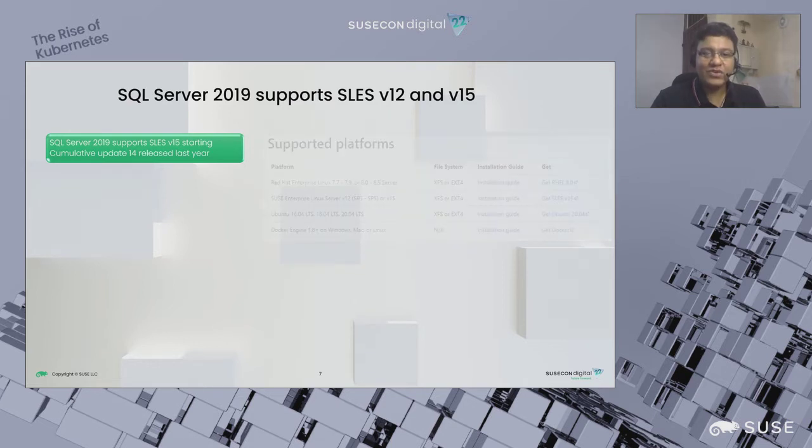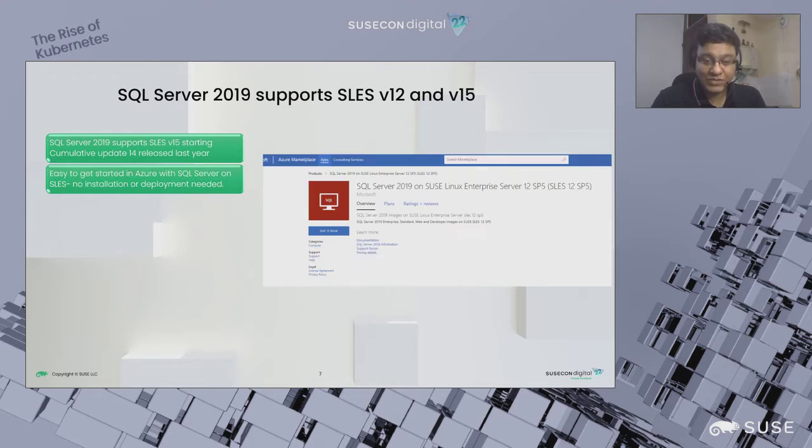Apart from that, you can also get started with an Azure Marketplace image, which means you have an image that is pre-created for you, where you can just deploy this on a VM, and this will have SQL Server pre-installed for you. So you don't have to create, add the repos, add the keys, sign the keys, and then download and install SQL Server. All of this is done for you. All you've got to do is use a VM, use this image, and get started with SQL Server on SLES-15. So this Azure Marketplace image is also made available to you.